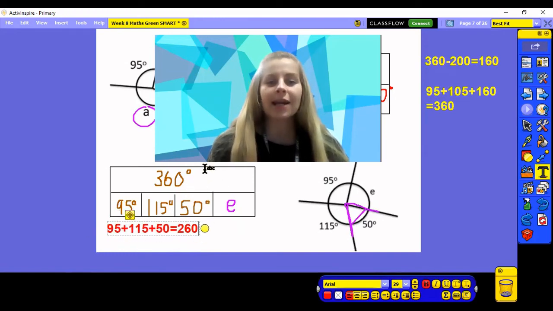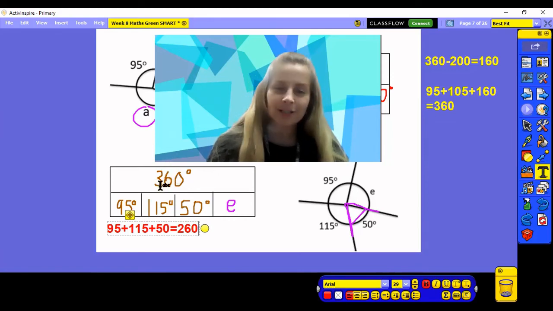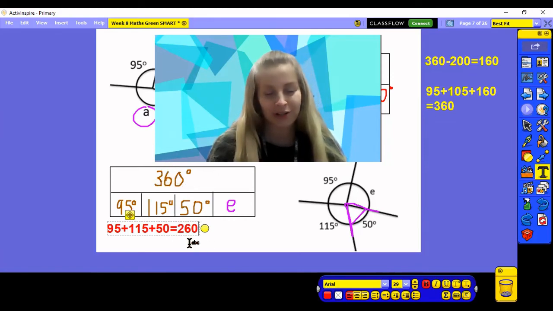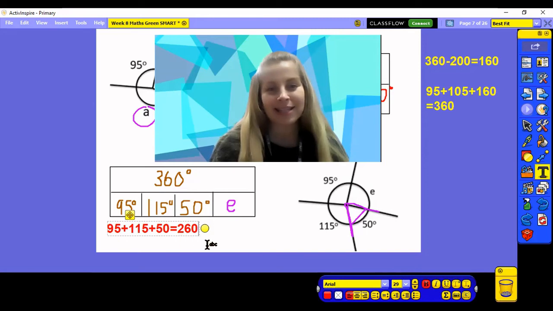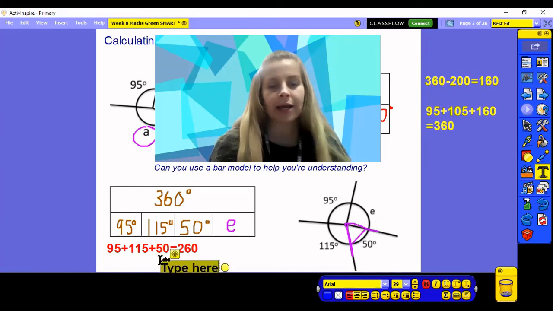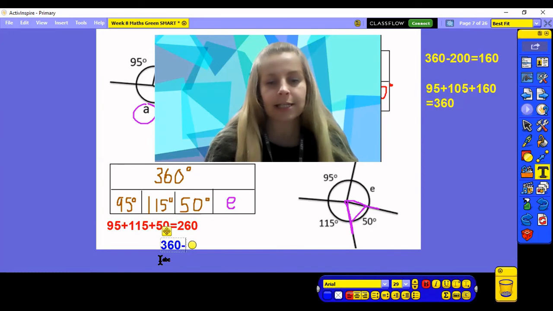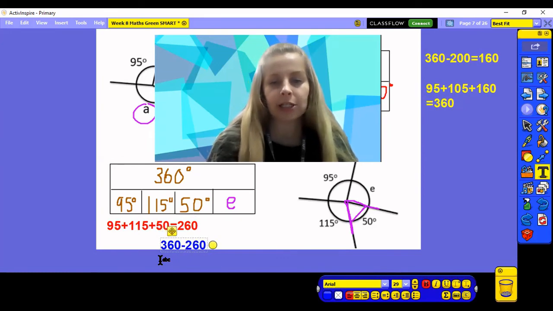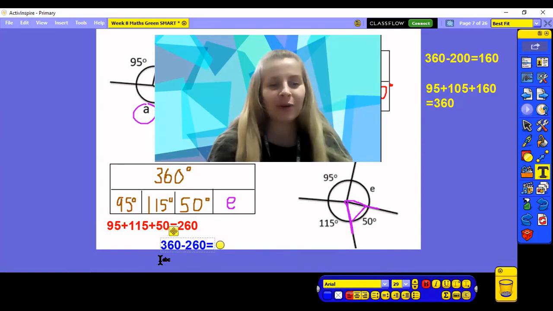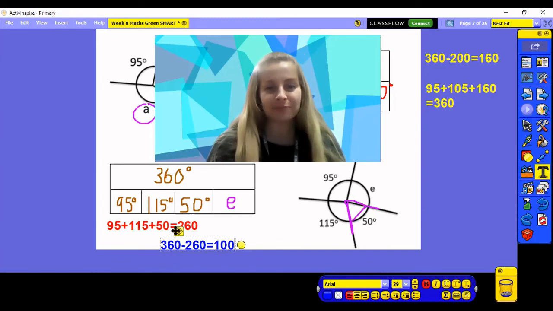And you will surely be able to spot here between our 360 degrees and our 260 degrees, we've got another angle here. And hopefully, without us even having to calculate, but I will do so you can just see, if we did take away 260 from 360,